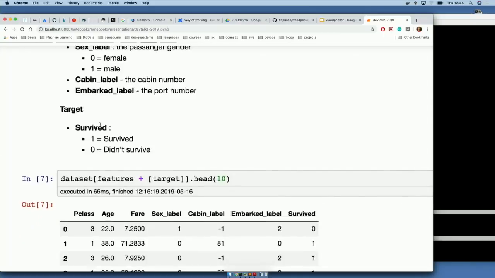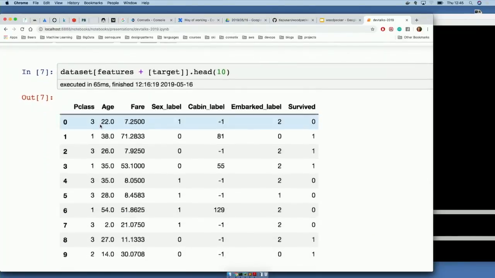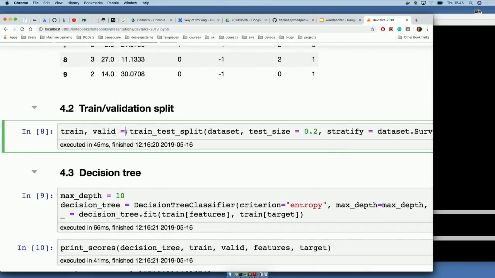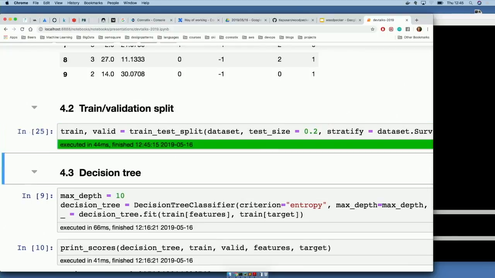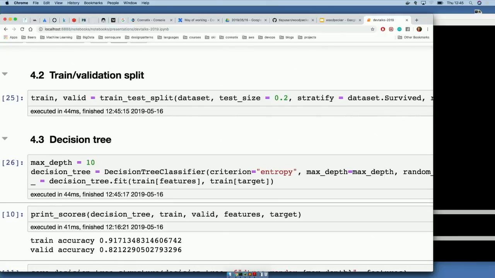You can read it yourself. And our target as a machine learning engineer is to predict the chance to survive. 0 means didn't survive, unfortunately, and 1 means the passenger survived. So here is a simple sample from the dataset to see how it looks for machine learning. With this dataset, we need to split it into training and validation. And with a few lines of code, you can already train a decision tree classifier